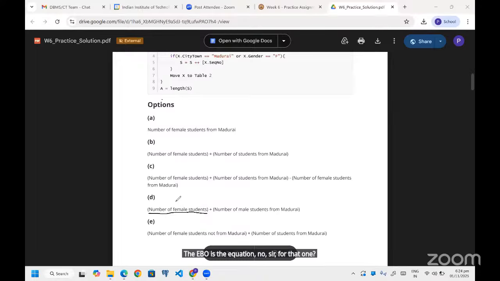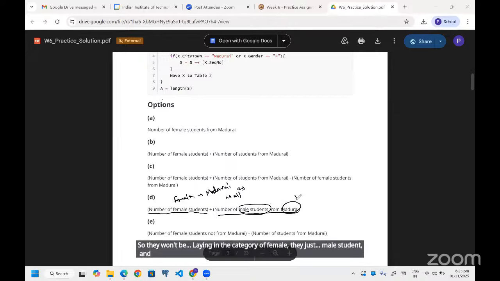See, these female students could be from Madurai as well, right? Yes, sir. But let's take the number of male students from Madurai. They won't lie in the category of female. They are just male students, only from Madurai.